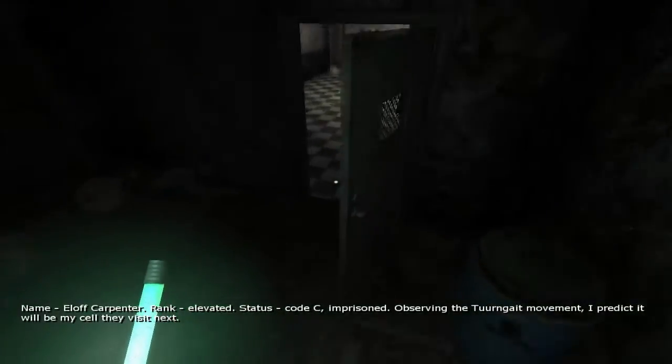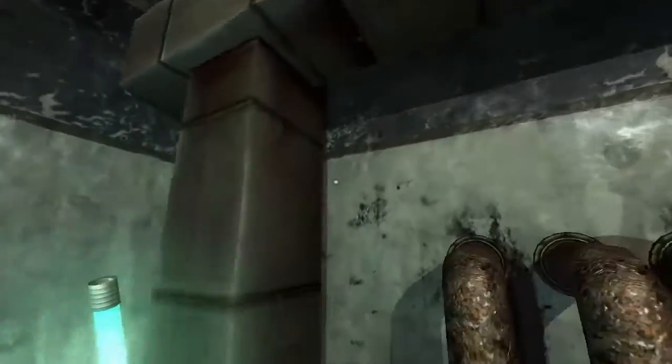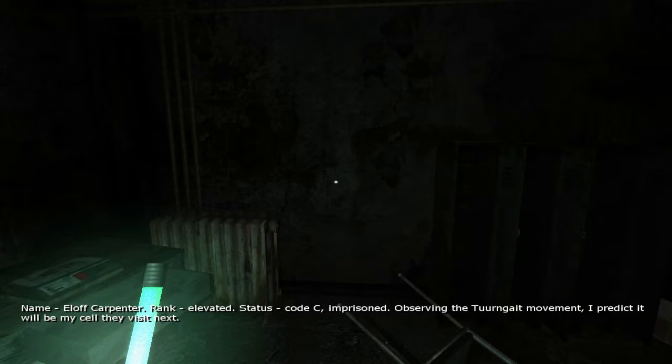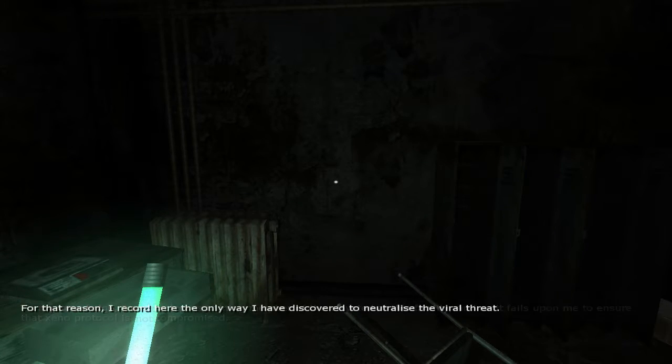My name, Elof Carpenter. Rank. Movement. I predict that it will be my cell they visit next. To my knowledge, I am the last remaining member of the Elevated at this facility, and so it falls upon me to ensure that Xeno protocol is not compromised. For that reason, I record here the only way I have discovered to neutralize the viral figment. The species...